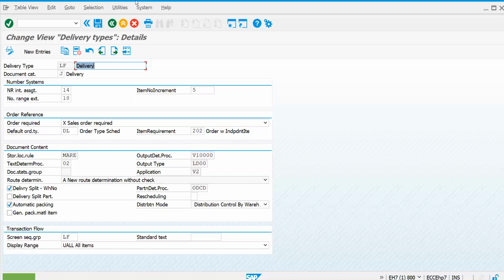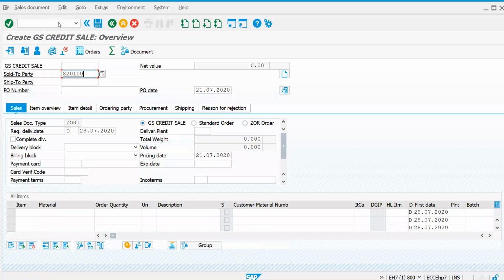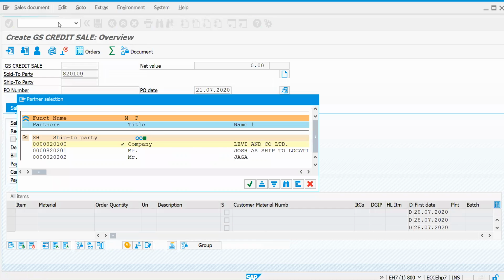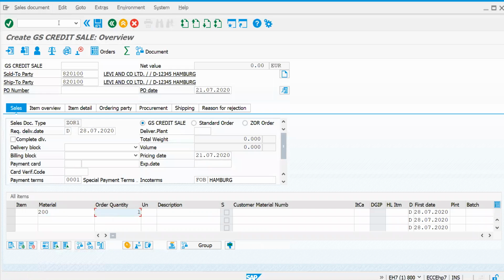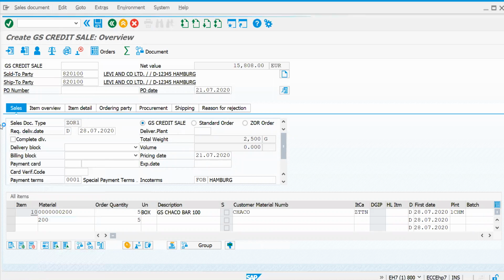Okay, let's try to create a new sales order now. I'm just taking the material code with 5 quantity. This time I will take the same line item with another 5 quantity for multiple lines. So let's try to create the delivery now.